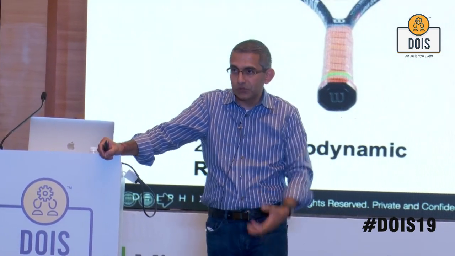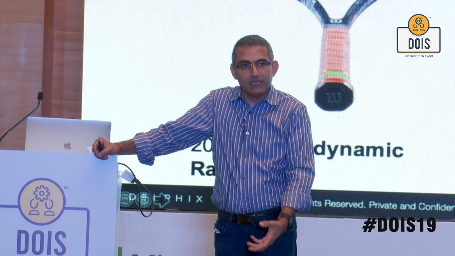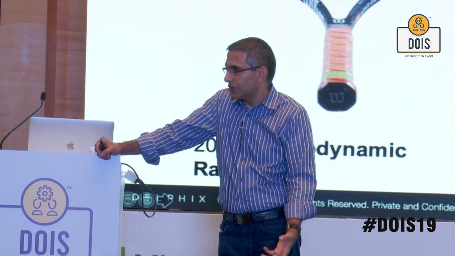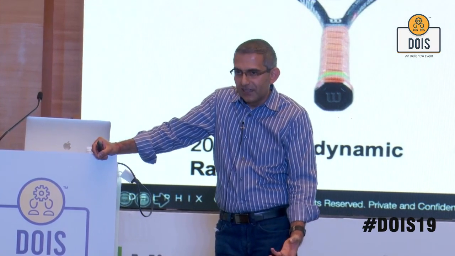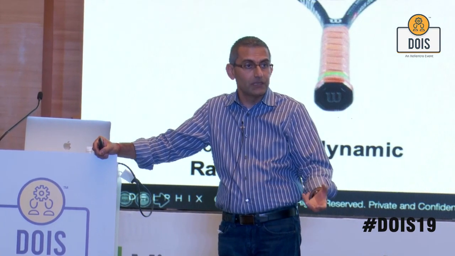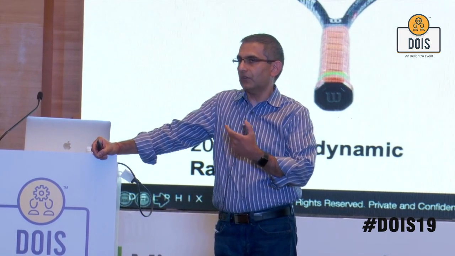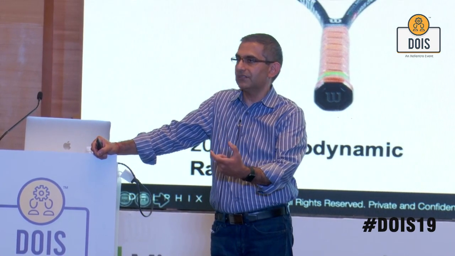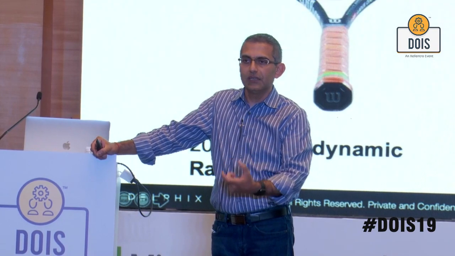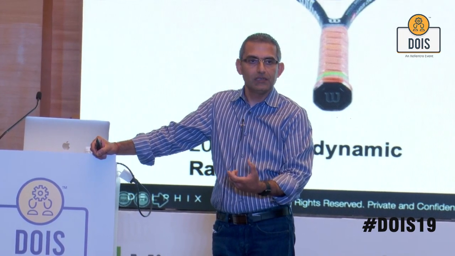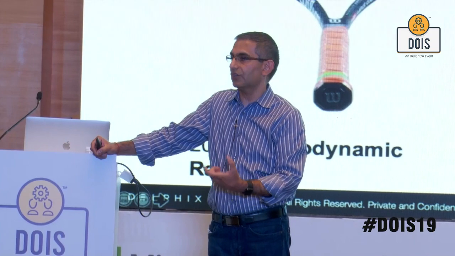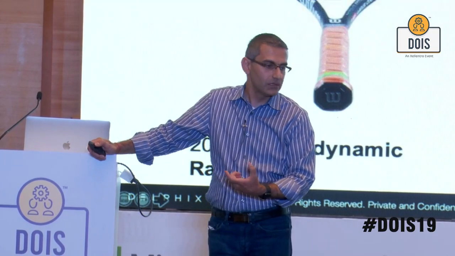He has access to the same shoes. I have no idea why he has so many sneakers, but that's what kids do nowadays. They collect sneakers. But he has access to the same tennis shoes which the world champions play with, and that's democratization. That means you've taken technology and gotten it into the hands of the people who need it in a cost-effective manner. There are no specializations and controlled access anymore.